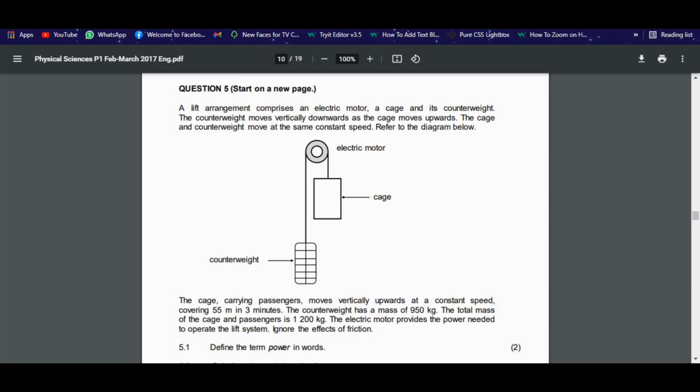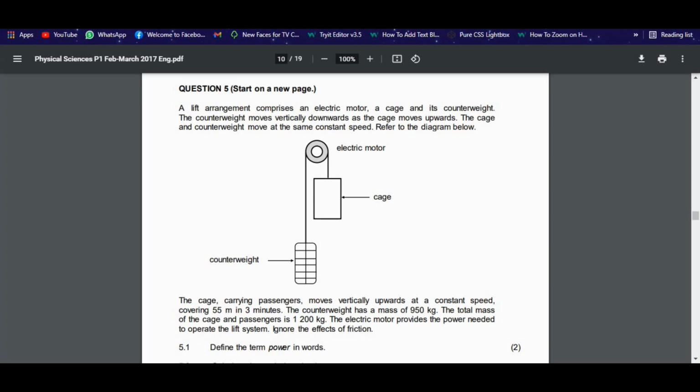Question 5: a lift arrangement comprises an electric motor, a cage, and its counterweight. The counterweight moves vertically downwards and the cage moves vertically upwards. The cage and counterweight move at the same constant speed. Refer to the diagram below. The cage carrying passengers